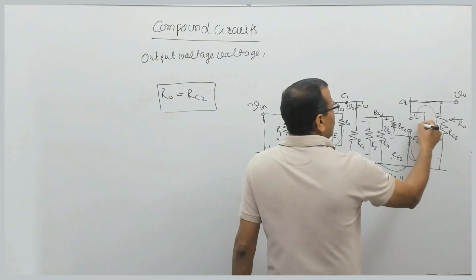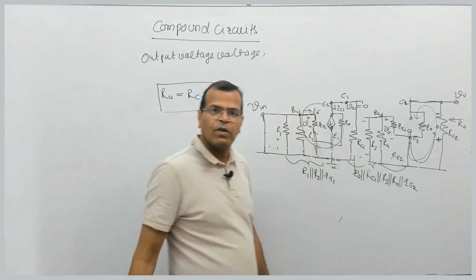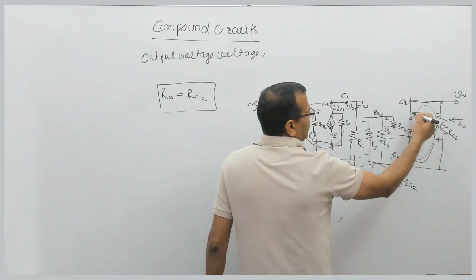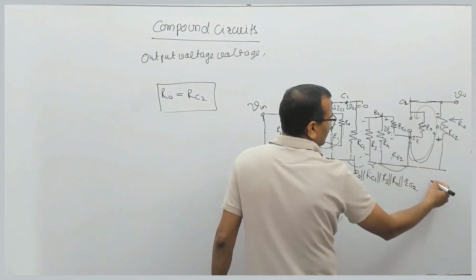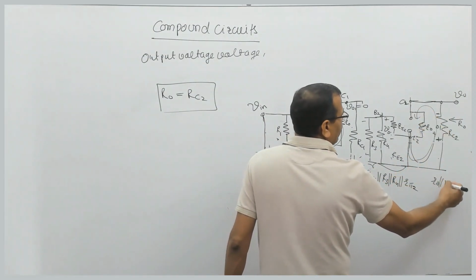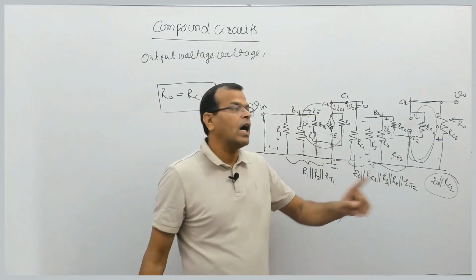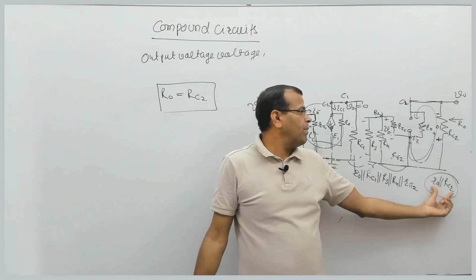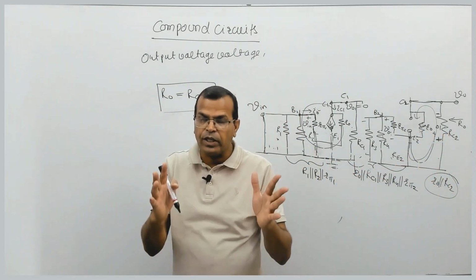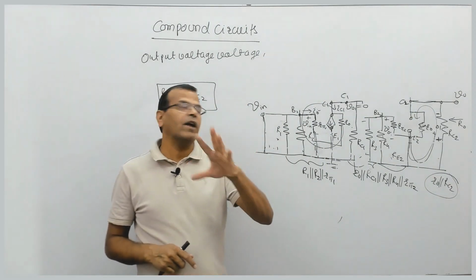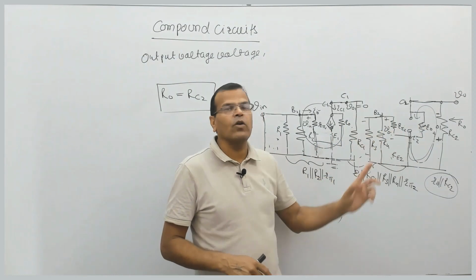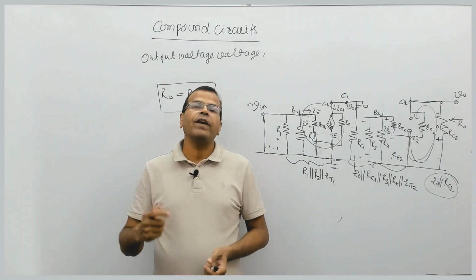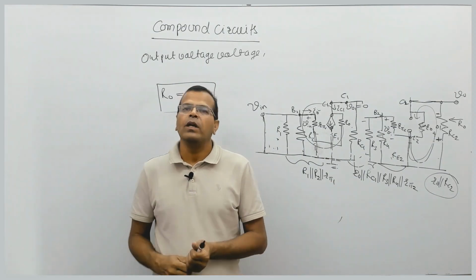Similarly, you may have a resistance here, that is R0. When you have R0 here and this is open circuited, what will be the resistance seen? This resistance and this resistance, so that becomes a parallel combination. That is R0 in parallel with RC2. So wherever you have RC2, in the overall voltage gain also, you have to replace that by the parallel combination of R0 and RC2. You can try it yourself, try to find that voltage gain. I have included R0 in my text which is there on digicademy.com, but try to do it yourself and match with the text given to you in my notes.